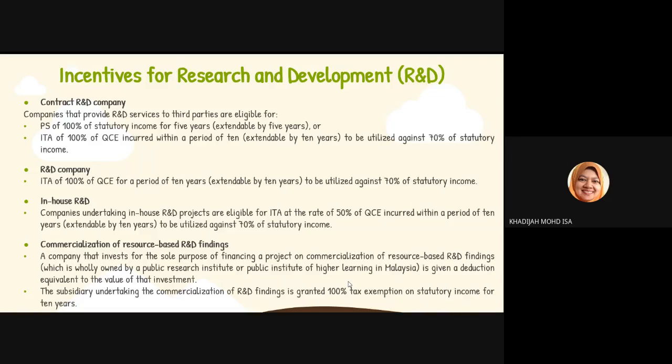planning that they can do is actually to put the R&D section separate from the company, which means that you can create another company. Rather than having internal R&D, you create the R&D section as one subsidiary company, for example. For that you can enjoy a higher tax exemption as compared to having an internal R&D. I do not know what's the